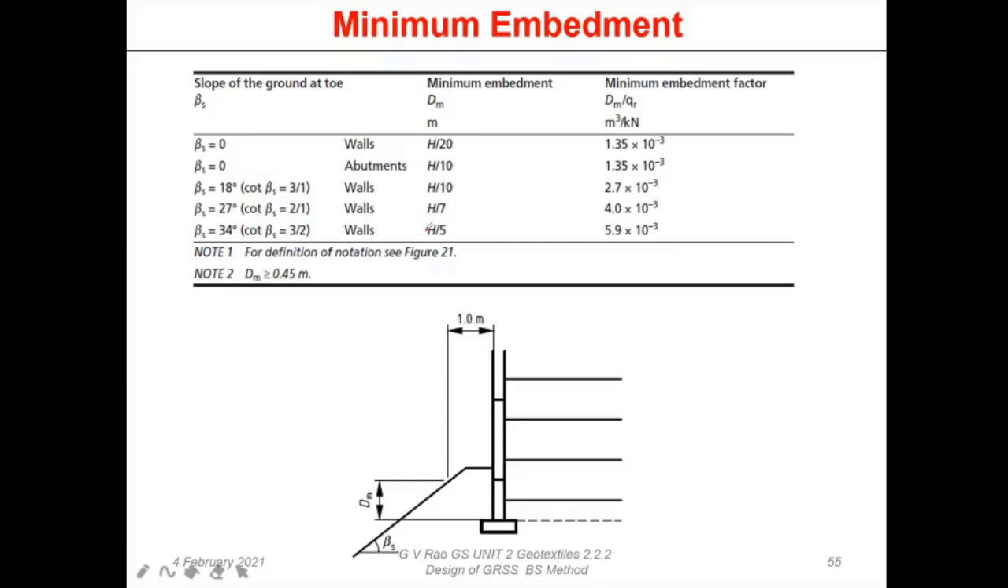So the minimum embedment depth is defined by this code clearly, and that is what we're going to start with. It will vary from h by 5 to h by 20, h by 20 for normal walls and normal horizontal ground. Normally this is a service road, then we're not worried. But if it is a slope like this now, naturally the values of dm, the depth of embedment, are going to be more, and we do not want to go more,